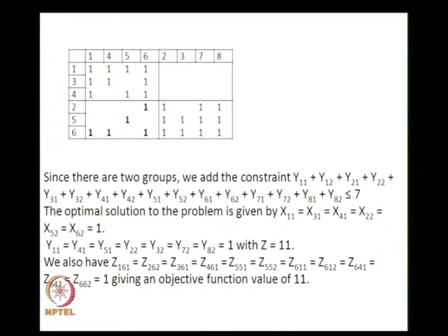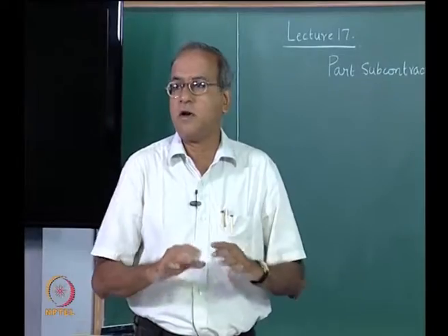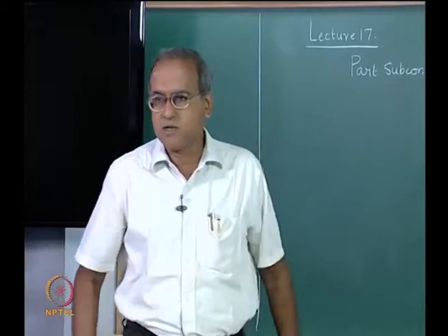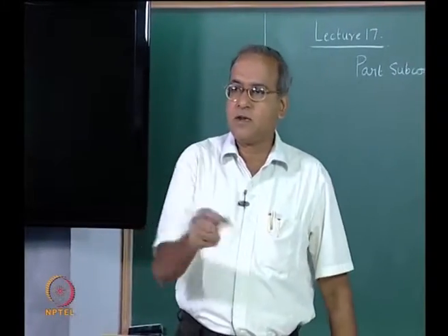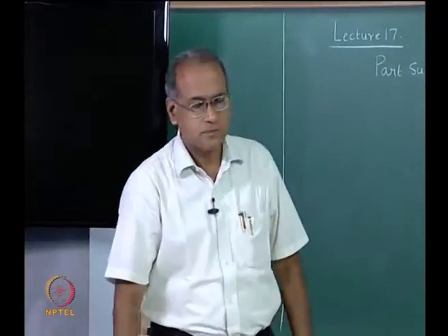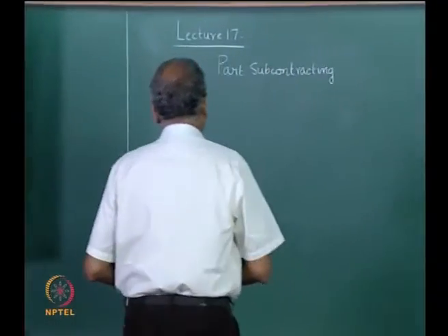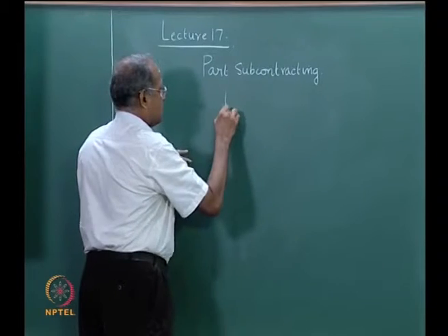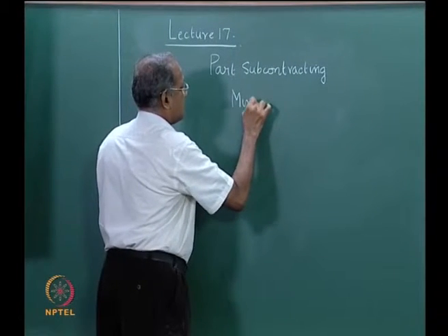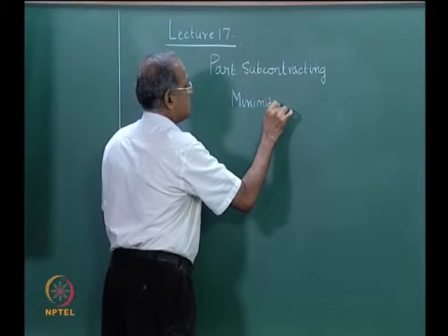So, we try to modify the Bochter's formulation in such a way that we include part subcontracting into the formulation and we can try and solve it, rather than solve it without part subcontracting, and from the optimum solution or solution using any algorithm we try and identify which are the parts to be subcontracted. So, the Bochter's formulation has an objective function of minimizing the intercell moves